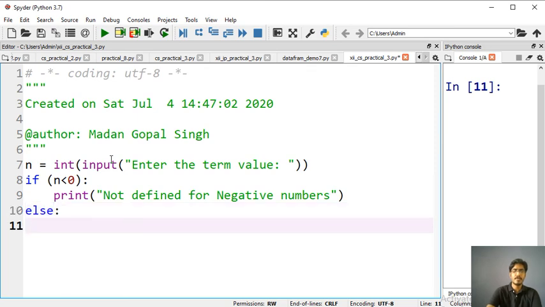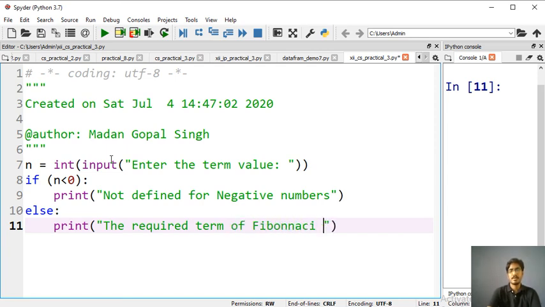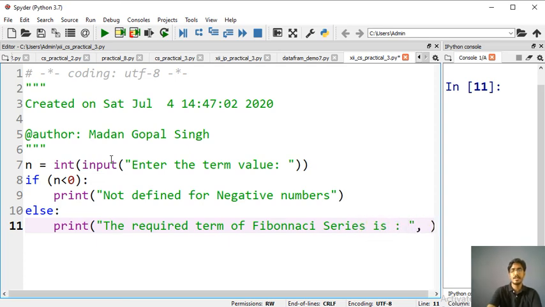Otherwise, we will print the required term of the Fibonacci series is, and we will be calling this Fibonacci method.